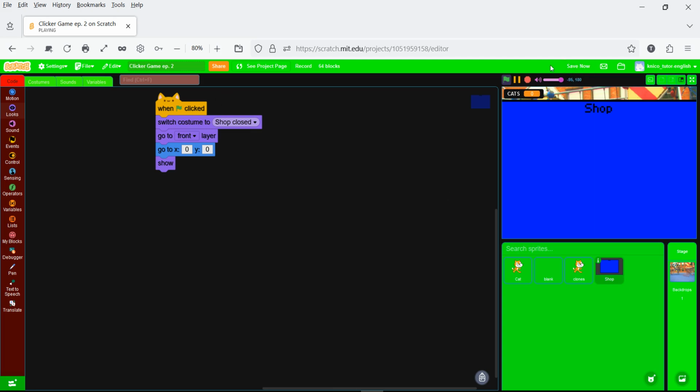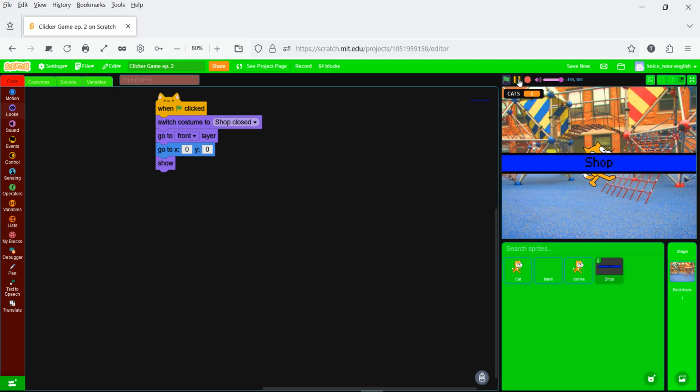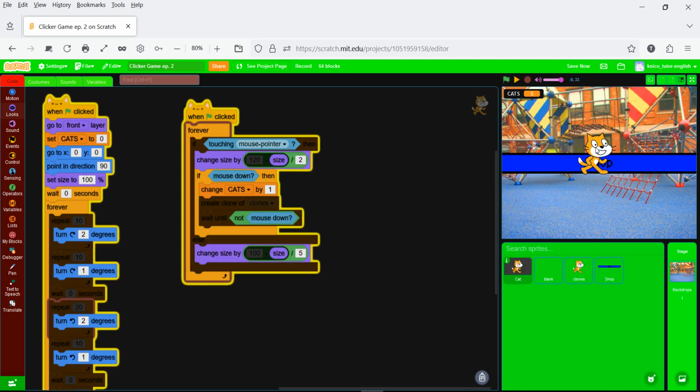But wait, when we want the green flag, then drag this here. Now this is actually in front of the cat, but when we now drag the cat a little,